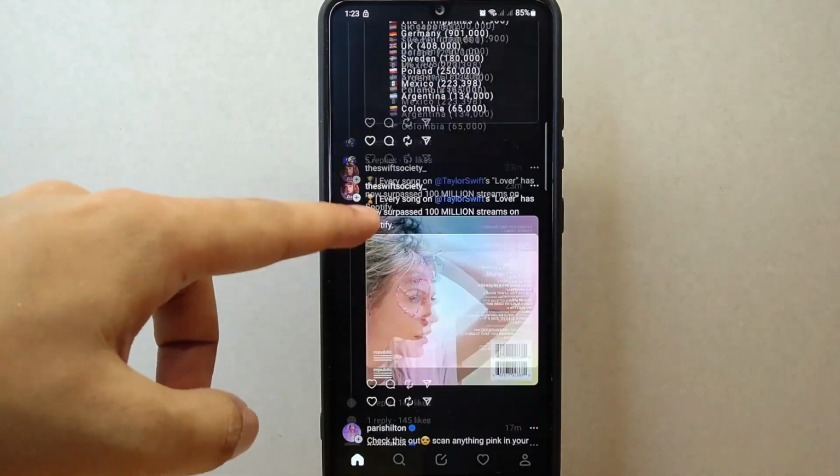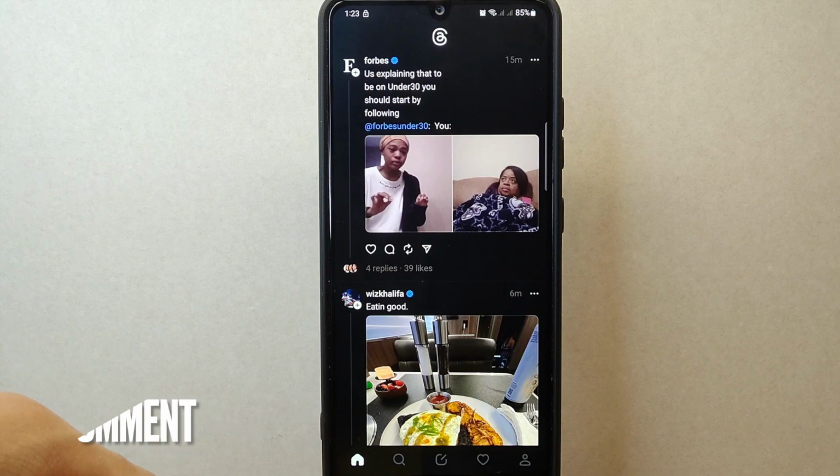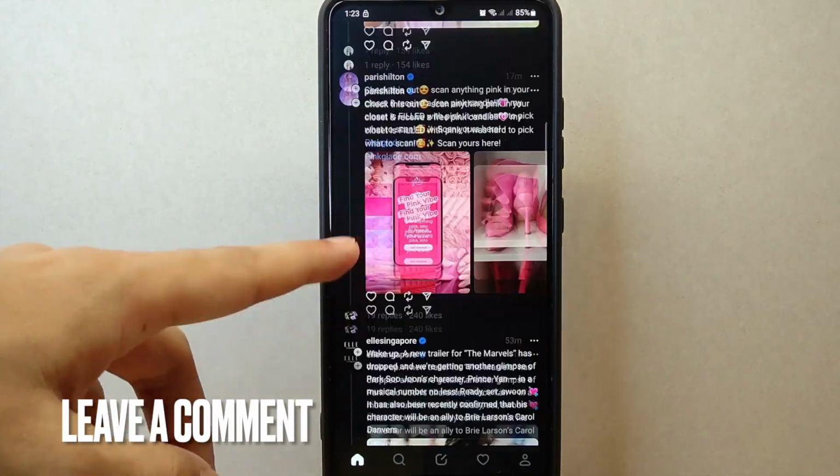There you go. If you wanted to know how to unmute someone on Threads, that is the easiest way I know how. If you know another way to unmute someone on Threads,